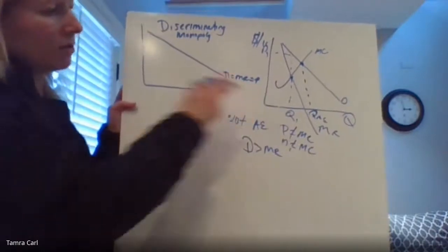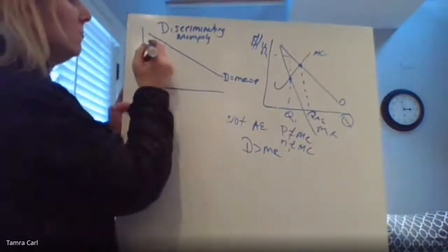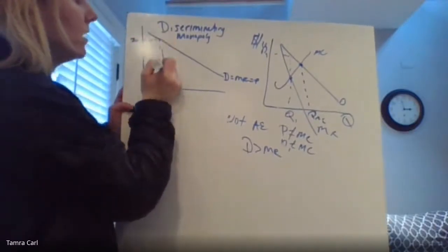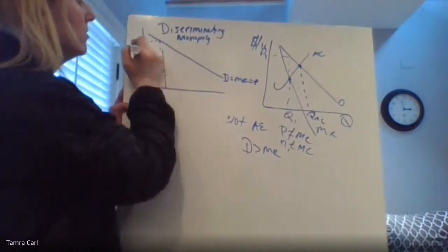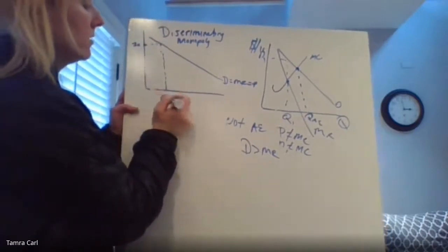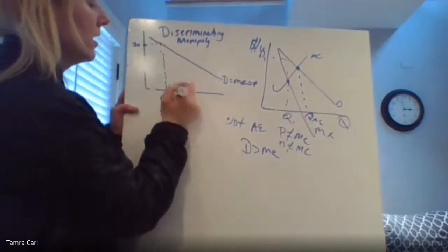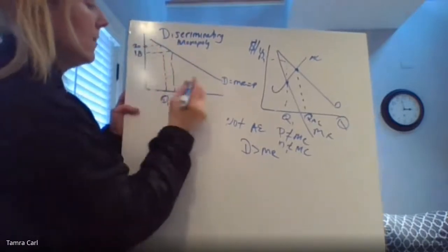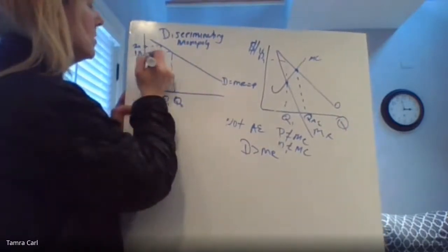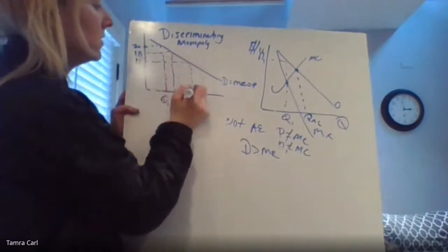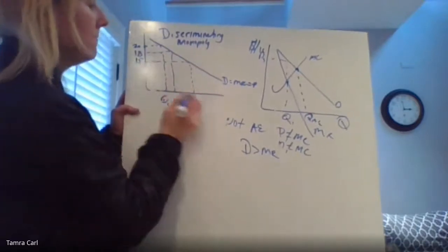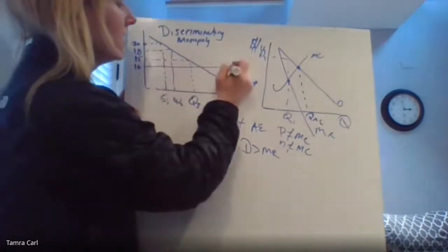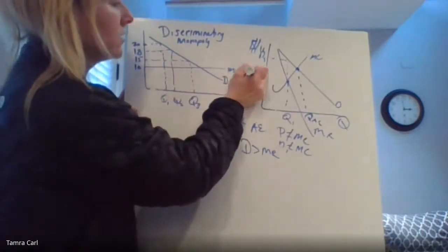I'm not having a marginal revenue curve that's less than it, because let's say I sold the first unit for $20 to somebody. I sold the second quantity to the second person for 18. And then let's say the third person, I sold it to them for 15, right? And let's say the fourth person, I sold it to them at 10, which is where my marginal cost equals my ATC,